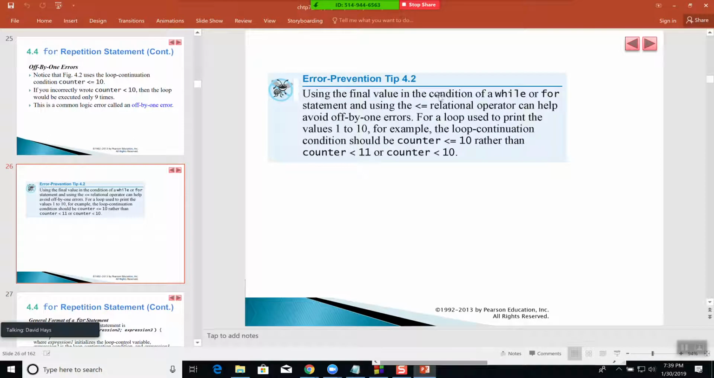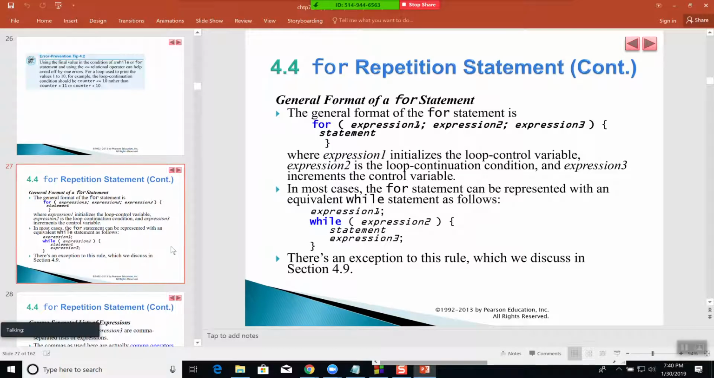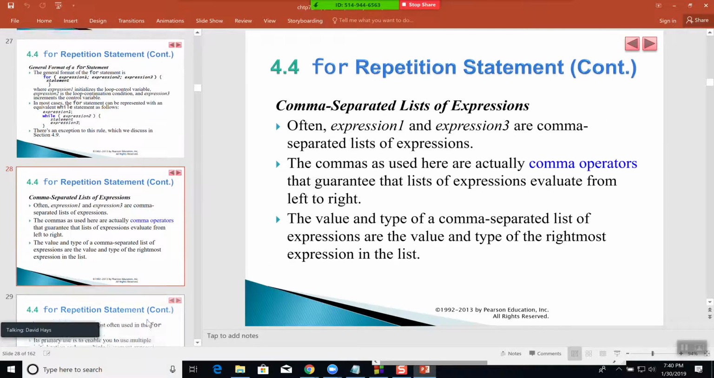Error prevention. Using the final value in a condition of a while or for statement, using a less than or equal to relational operator can help avoid off by 1 errors. For a loop used to print the values 1 to 10, for example, the loop continuation condition should be counter is less than or equal to 10, rather than counter is less than 11 or counter is less than 10. Not sure if I agree with that necessarily, but